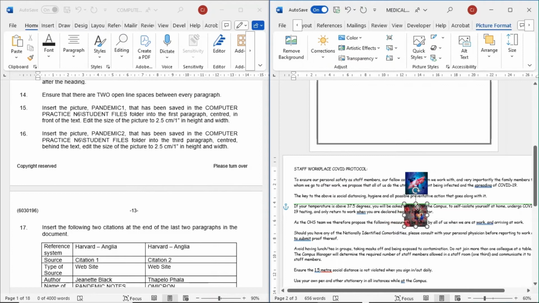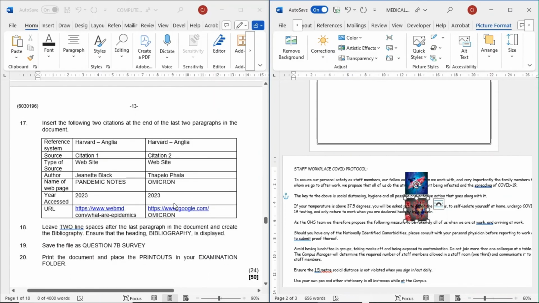Then you need to put it in the center behind the text. Center behind the text. Okay, you can continue on to number 17.